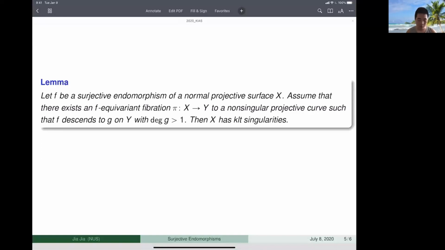Since we know the degree of G is greater than 1, this F is non-automorphic. So X has only LC singularity. And the LC center is F inverse invariant. If we get an LC center, then using this invariant diagram, we can show